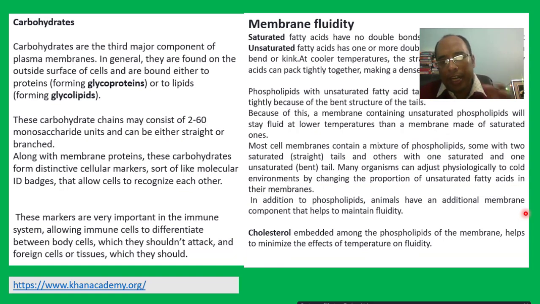Okay, so now you know about the phospholipid. The phospholipid's head is hydrophilic and the tail is hydrophobic. You know about the different types of membrane proteins present in the cell membrane. Now you have to know that there is a carbohydrate component, and that carbohydrate component is bound with either protein or lipids. If the carbohydrate is bound with protein, then it forms glycoprotein, and if it is bound with lipid, then it forms glycolipids.